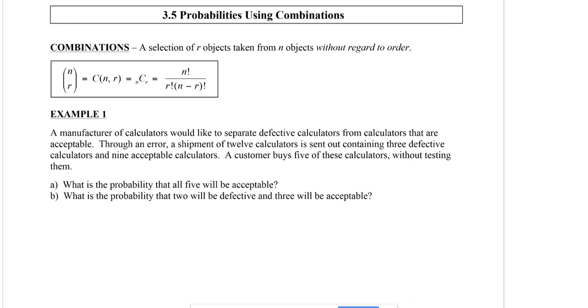Hi, so this is 3.5, probabilities using combinations. Now, up to this point in chapter 3, we have been doing a lot of combinations work. So we know that combinations is really to deal with situations where order doesn't matter. Okay, now we're going to tie it back to what we've learned previously in chapter 1, which is the basic